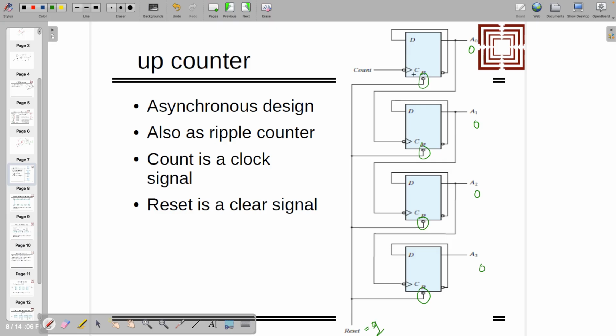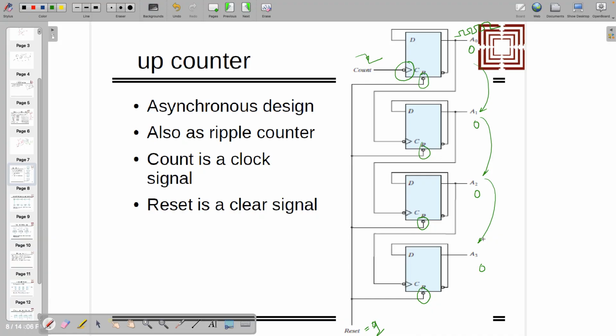When you are starting the counting, at the start of counting, it's going from 1 to 0 because this is also negative edge triggered. So 1 to 0, then whatever is available over here, that will be toggled. Start counting 0 to 1, 0 to 1, 1 to 0, and whenever it goes from 1 to 0, next is getting toggled. And same is for A1, A2, A3, and so on and so forth. So you can keep more flip-flops also if you want to have, let's say, 8 bits, 16 bits, 32 bits, or maybe more, right? So that is the up counting.